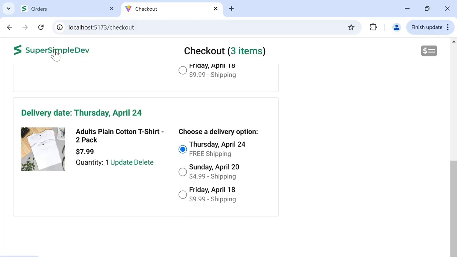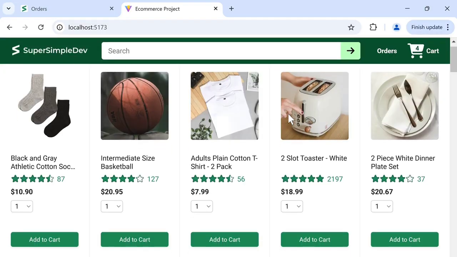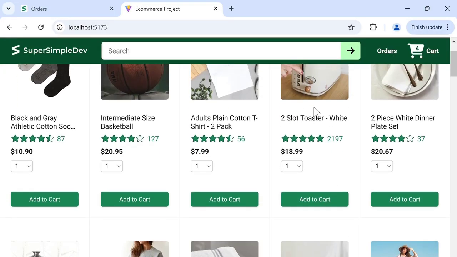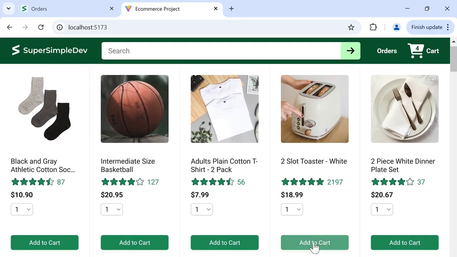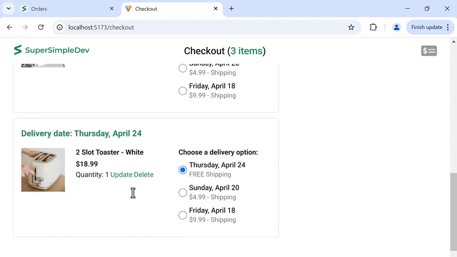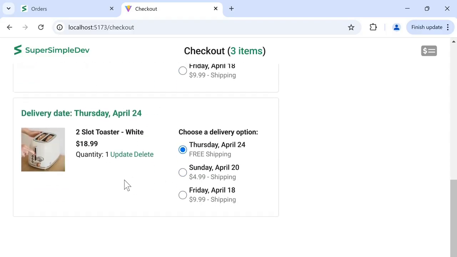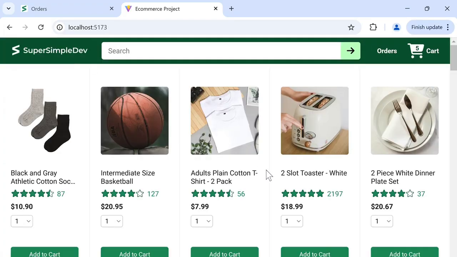And first we'll go back to the home page. And this time, let's click Add to Cart on this toaster. So we'll click Add to Cart. And now notice that the quantity here updated to 5 without needing to refresh. If we go to the cart and scroll down, it also updated the cart on the page without needing to refresh. We'll go back to the home page, and we're going to make these quantity selectors work. So this lets us add more than one product to the cart at a time. We're going to go to our code,